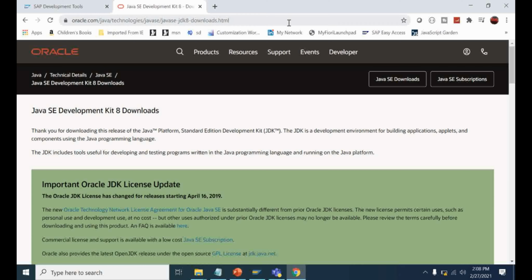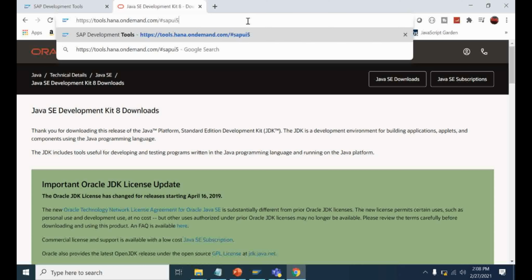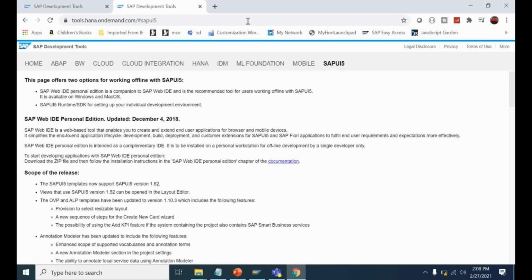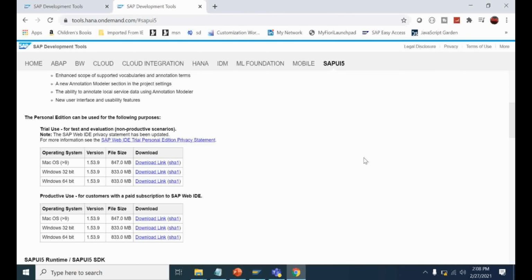Now we are going to download the main component, WebIDE Personal Edition. For that we can simply provide the link hanaondemand.com. At this place we can see trial use and productive use.